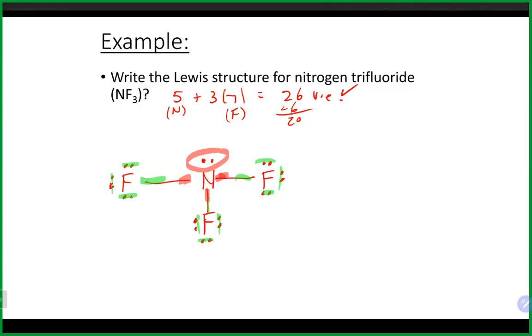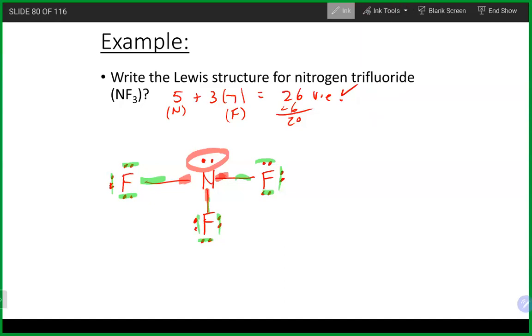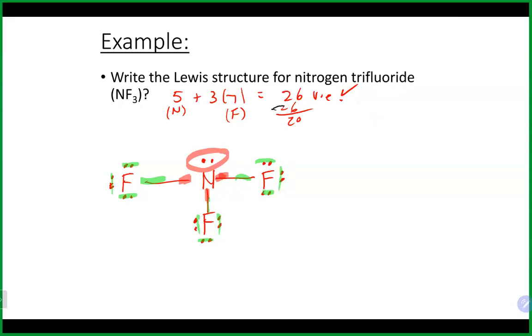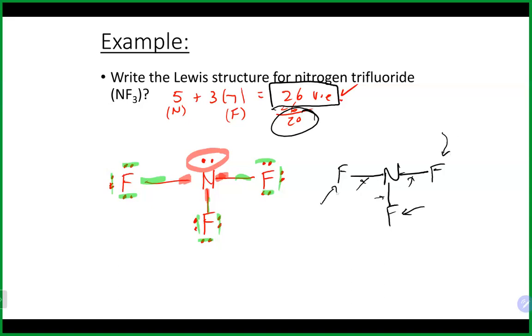So the 26 was the total number of valence electrons in the entire molecule that we wanted to draw. The very first thing you should do is just make a single bond from the center guy to each of the outside. Remember that each of these lines represents 2 electrons, so that is 2, 4, and 6 electrons that I had used at that point. And that left me 20 more that then should be filled on the outside